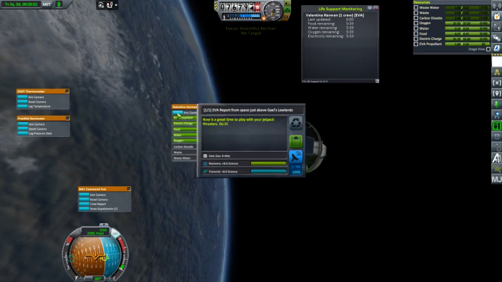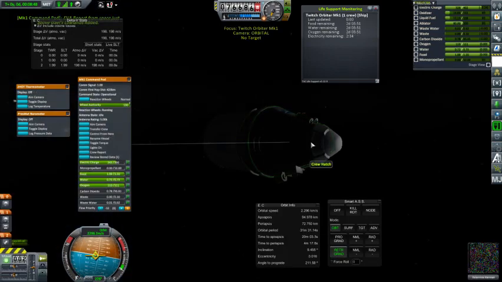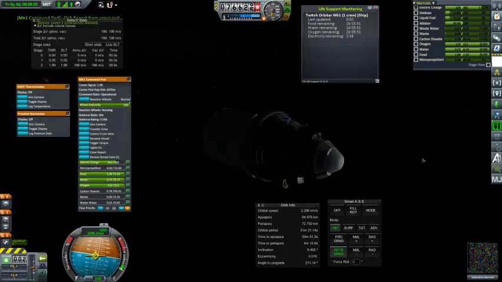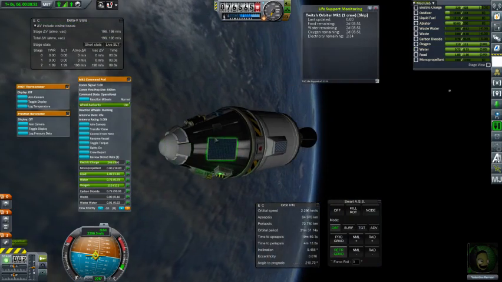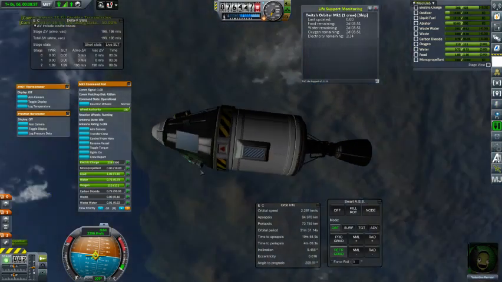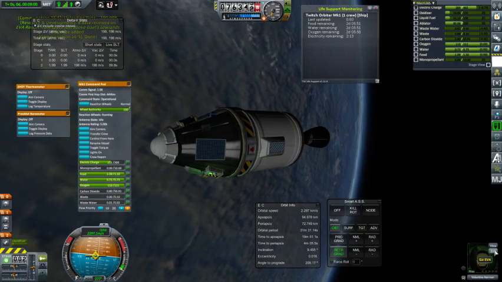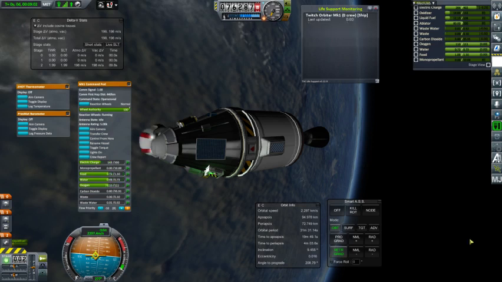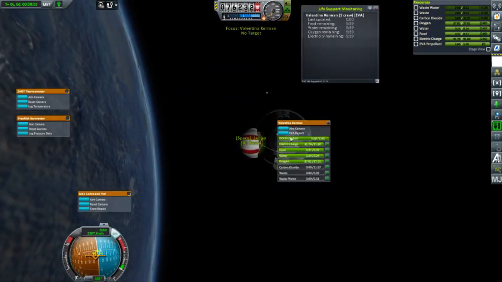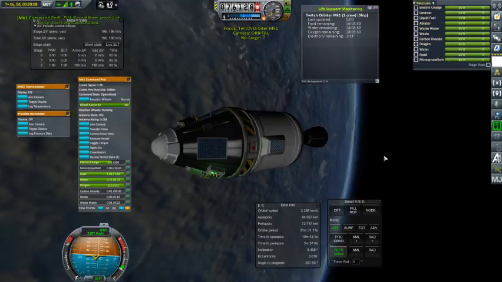So let's do another EVA report from over Gale's lowlands. There is a mod, at least one that I know of, that lets you track when you're going over biomes that you've not been over before, but I couldn't find one that was up to date. Gale's Highlands, let's take that one